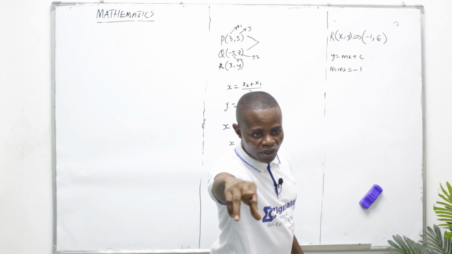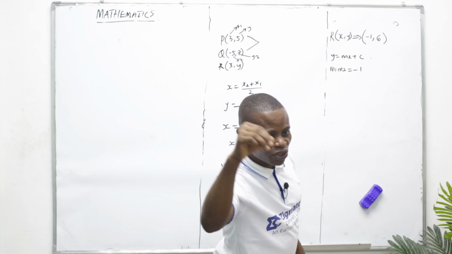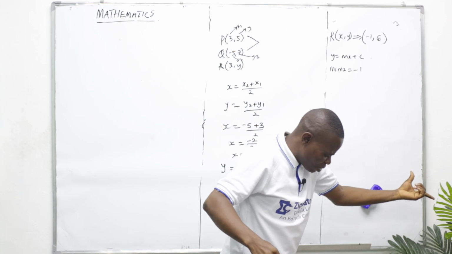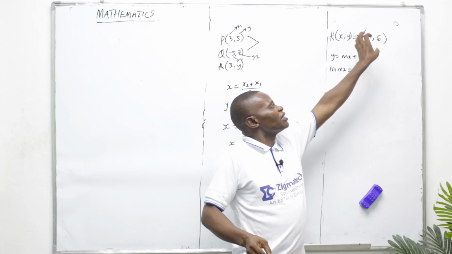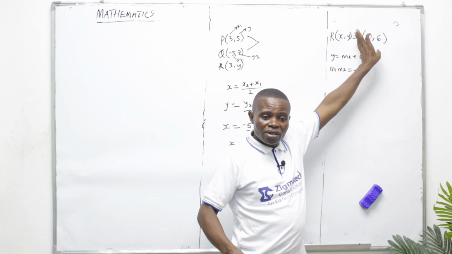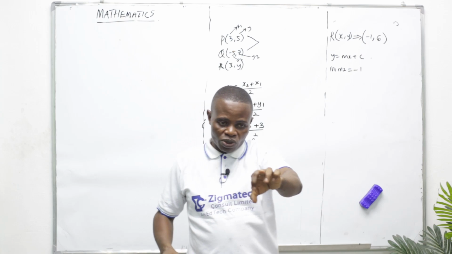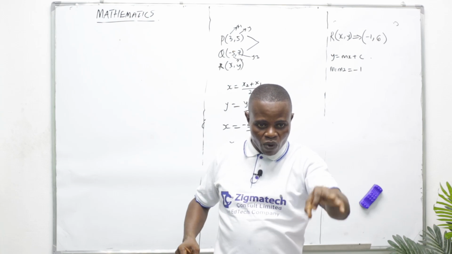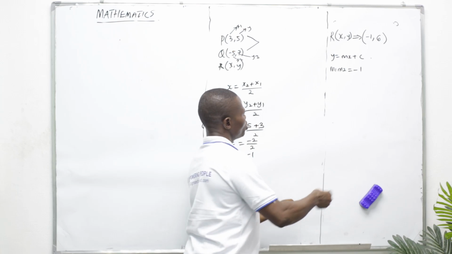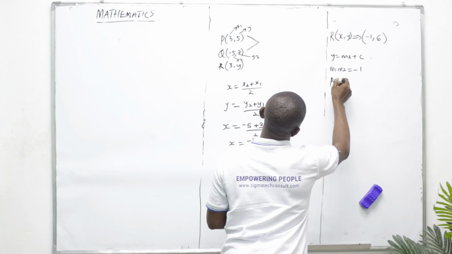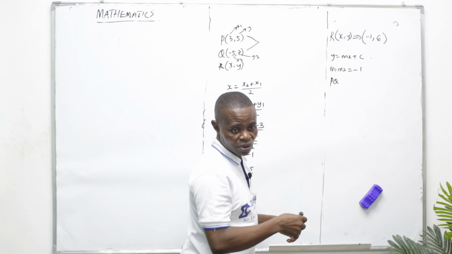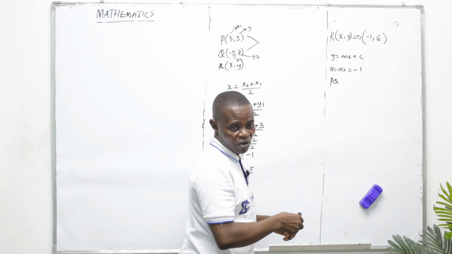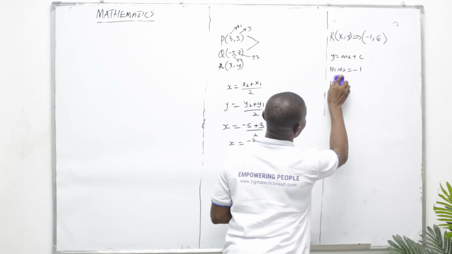You find the equation of the line that passes through R and is perpendicular to PQ. So the interest is not this point. We will have to take the gradient from PQ. Do you recall the gradient of PQ,